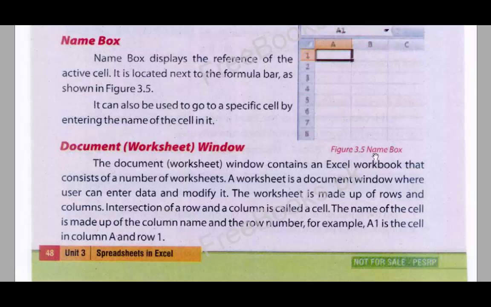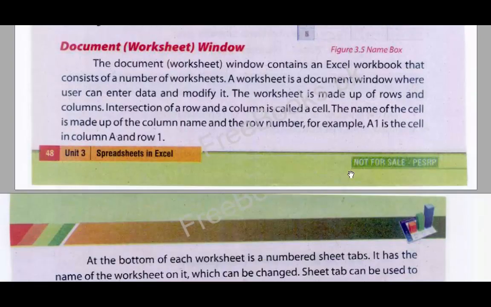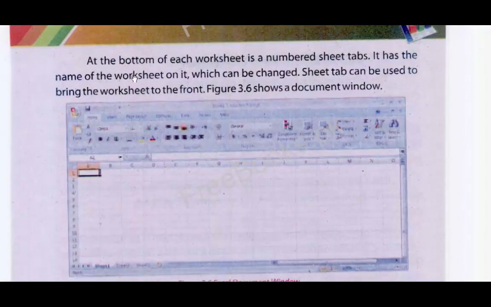If we see figure 3.5, A and 1 intersect at this box, it is called a cell, and the name of the cell is A1. First column, then row. If it is intersecting at C8, then that will be the cell.